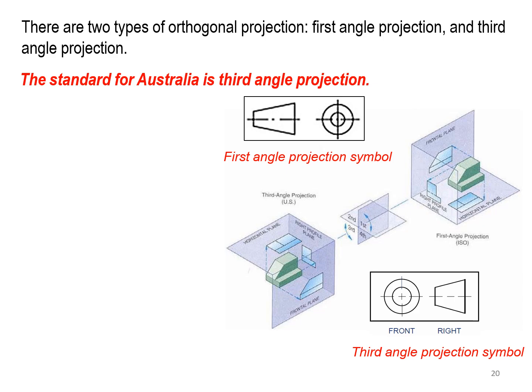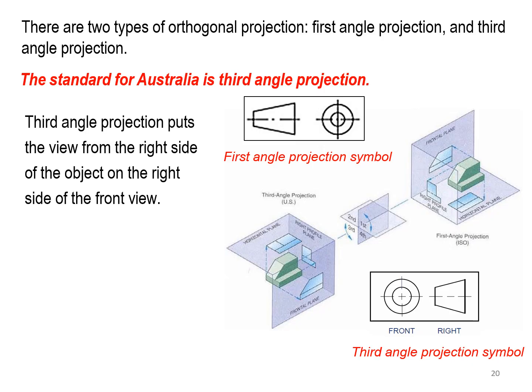The standard for Australia is the third angle projection. Actually, I advise you to read more about that. Just do some basic research on Google, and it will give you more details with more examples. However, I am only going to give you a simple definition of the third angle projection. The third angle projection puts the view from the right side of the object